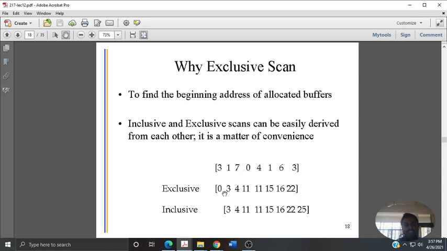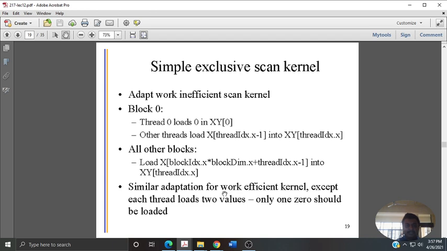There were some deviations of the derivations suggested even in the earlier 9.2 or 9.3 sections of your chapter, stating that they can be utilized for exclusive scans. So what we are doing is thread 0 allocates in xy0. Initially it was passed into the first element without any computations. Now the first element is by default 0. Other elements add up with respect to previous elements, so the previous element is the current element.